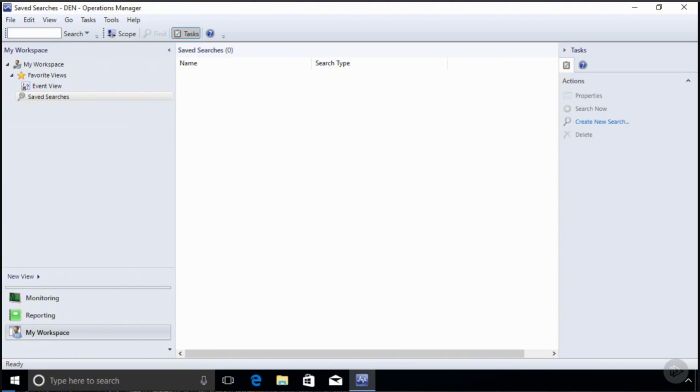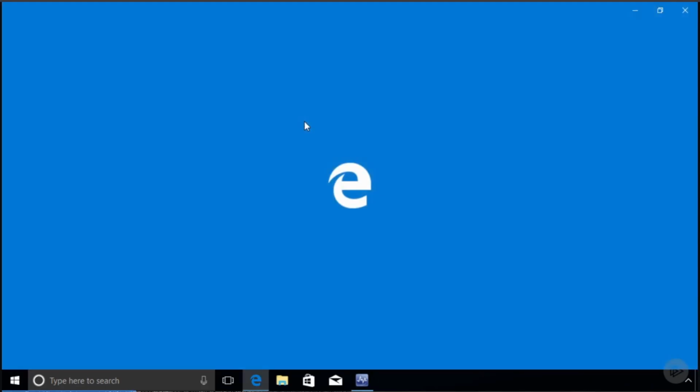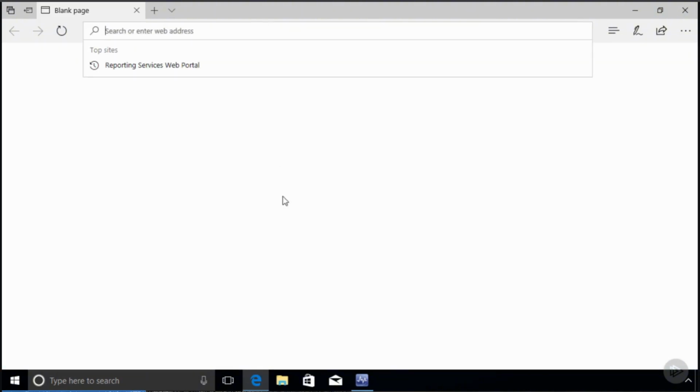Now, for some users, even just this full Operations Manager console experience may still be a bit too heavyweight for their usage patterns, for how they're actually consuming this data. If you find users that are mostly just reading data and are not interacting by creating tasks or setting overrides on content, the full Operations Manager console and its need for an installation onto a machine may just be a bit too heavyweight for what they require. And even for yourself, if you're out in a location where you don't have a copy of the Operations Manager console, sometimes it's useful to just be able to read information without having to install it. And so here, let's go to